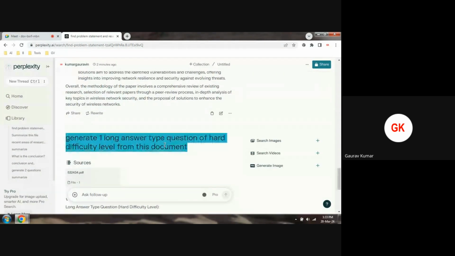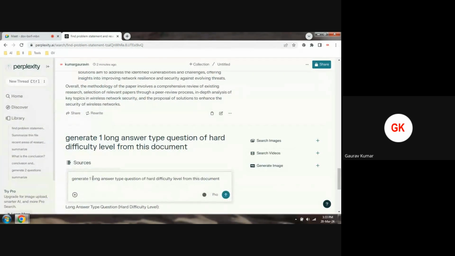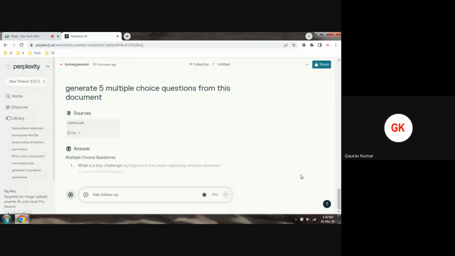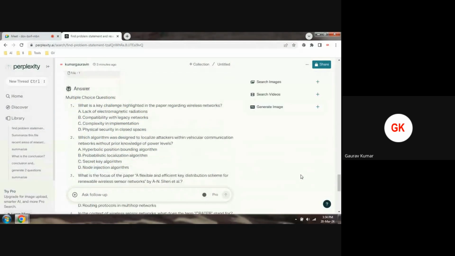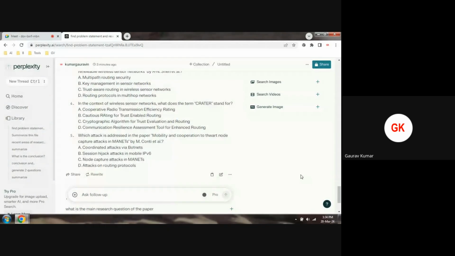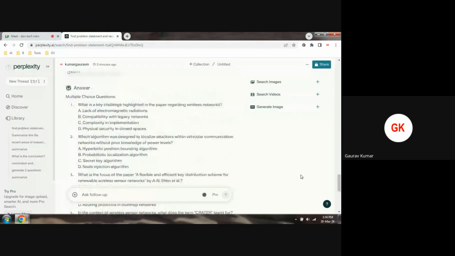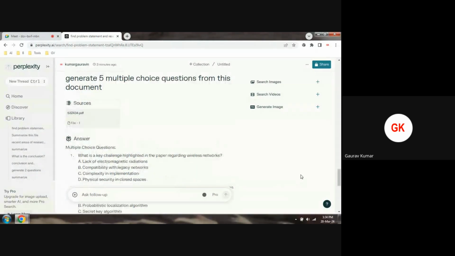Now I am generating some more content. Generate 5 multiple choice questions from this document. You can see that from the uploaded file I have generated 5 multiple choice questions. In the same way I can generate a lab manual. We can generate MCQs, fill in the blanks, matching type questions. So you can imagine how easy your work will be,